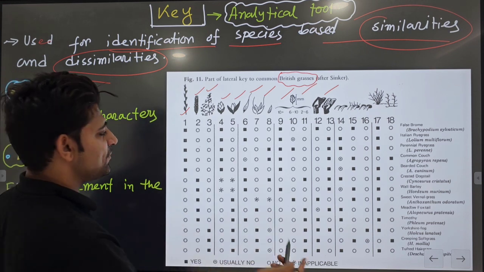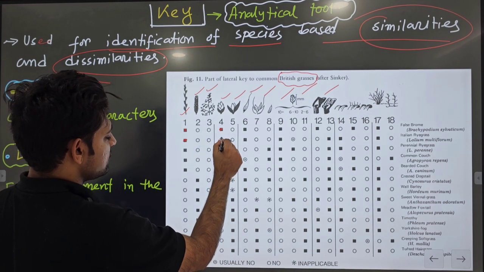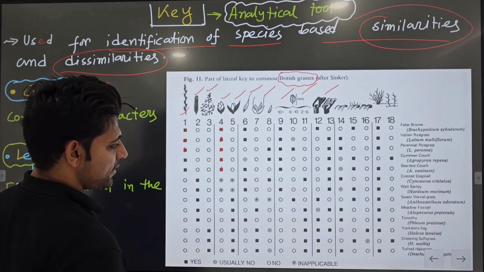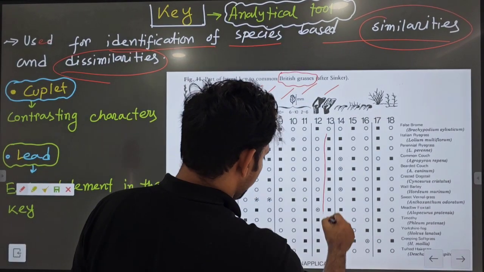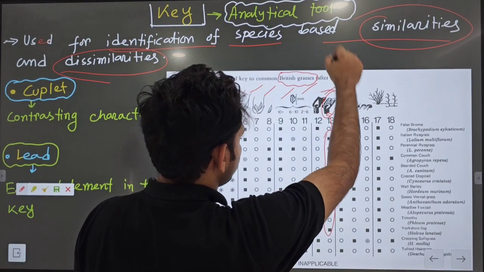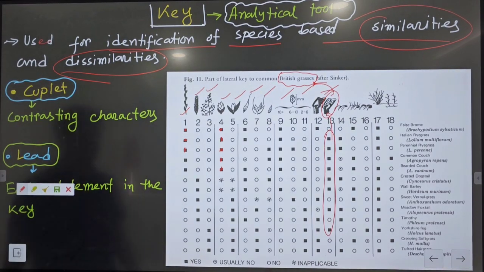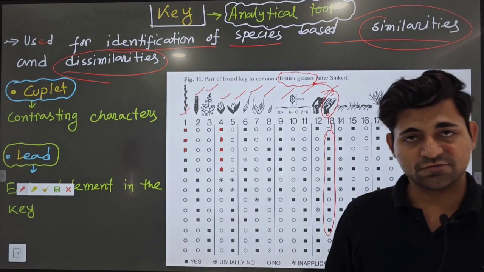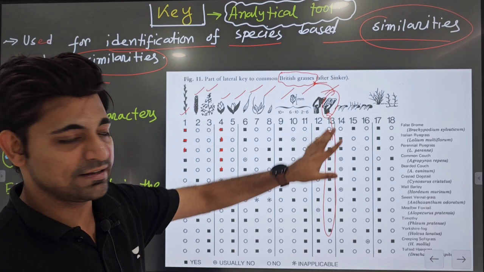Now, whenever there are similarities, they will fill the blocks. Whenever there are similarities with each other for any particular criterion, they fill the blocks. Wherever there is the maximum number of filled blocks, you can guess this is the particular plant with which this British grass is showing the closest relationship. That is how keys are utilized, but nowadays we use soft keys, software keys. Previously they used to use these hard keys.